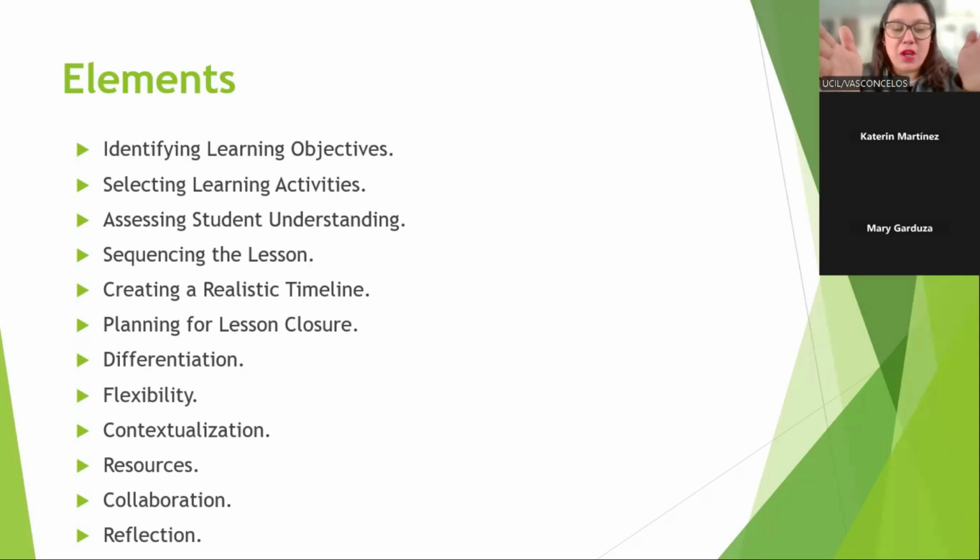Because remember, we need to be inclusive in our lessons. And that is what we need to check when we are doing our lesson plan. What do you suggest me to do with this student? I guess you needed to learn basic sign language to communicate with them. Exactly, right? So obviously this is a challenge because we are not prepared to. When I went to college, no teacher taught me how to give a lesson in sign language, right?